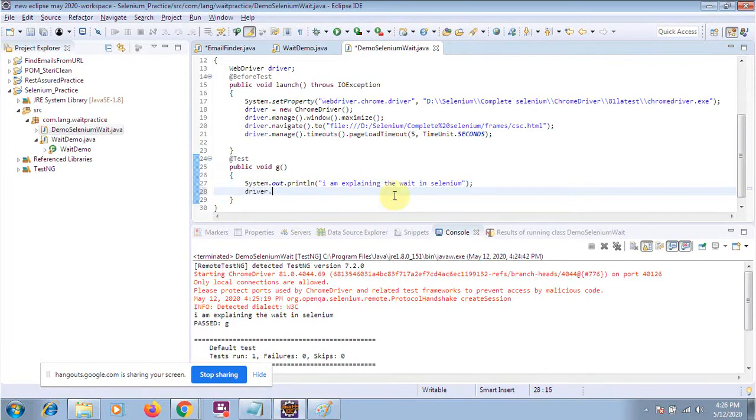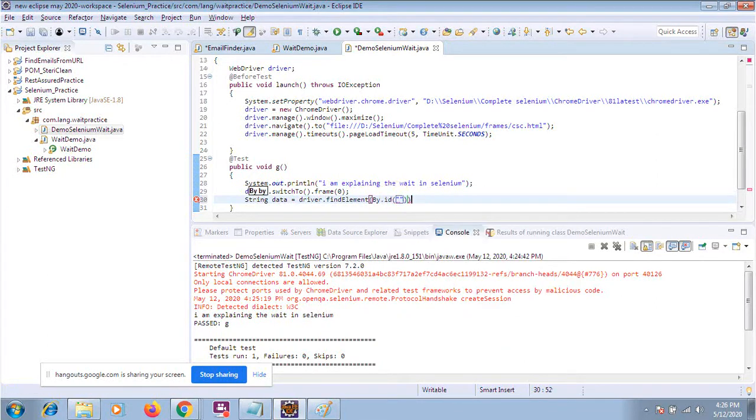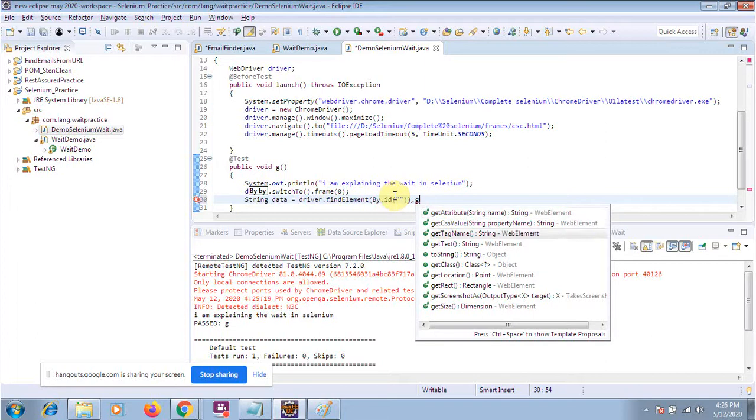So I will say driver.switchTo().frame(0), where 0 means the first frame. And I will say String data equals driver.findElement(By.id(...)).getText().